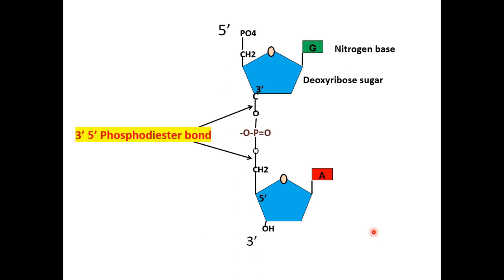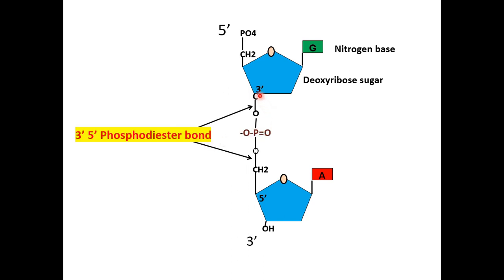Okay, so we saw how one single nucleotide is formed. Now, how a polynucleotide is formed. So now we will go for the linking of the different nucleotides. As I said, for proteins, it is the peptide bonds which combine the amino acids, and that is how it forms the polypeptides. Now here in the polynucleotides, this is one nucleotide and this is the second nucleotide. The linkage between the first nucleotide and the second nucleotide is known as the 3' 5' phosphodiester bond.